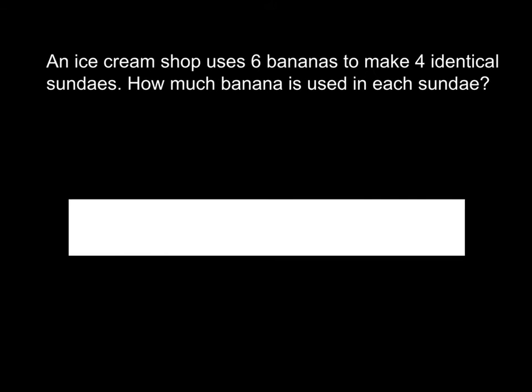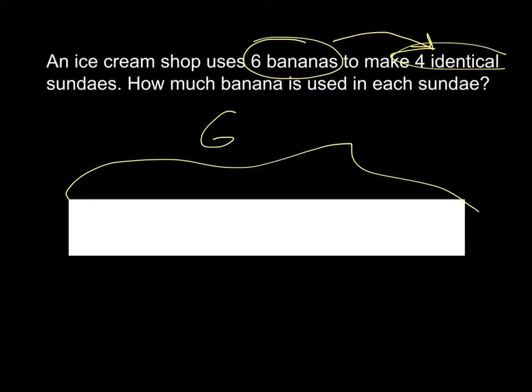So I'm going to start with this problem and solve it with a number line. I'm going to look at it and say I have 6 bananas going into 4 identical sundaes. So what I'm doing is I have 6 bananas that I'm dividing into 4. So I'm going to have my 6 bananas, and I'm going to put that into 4 different sundaes, which when we look at that, it is 6 bananas divided by 4 sundaes, which is the same as